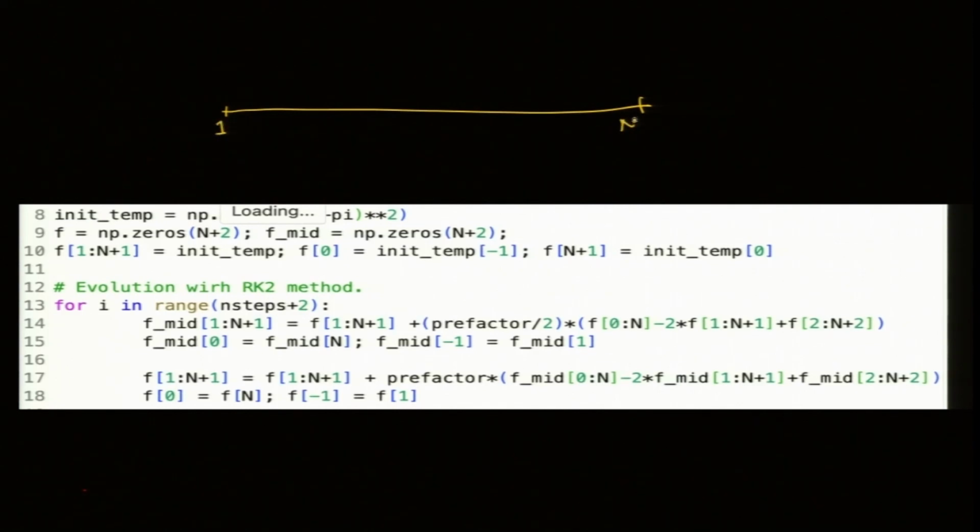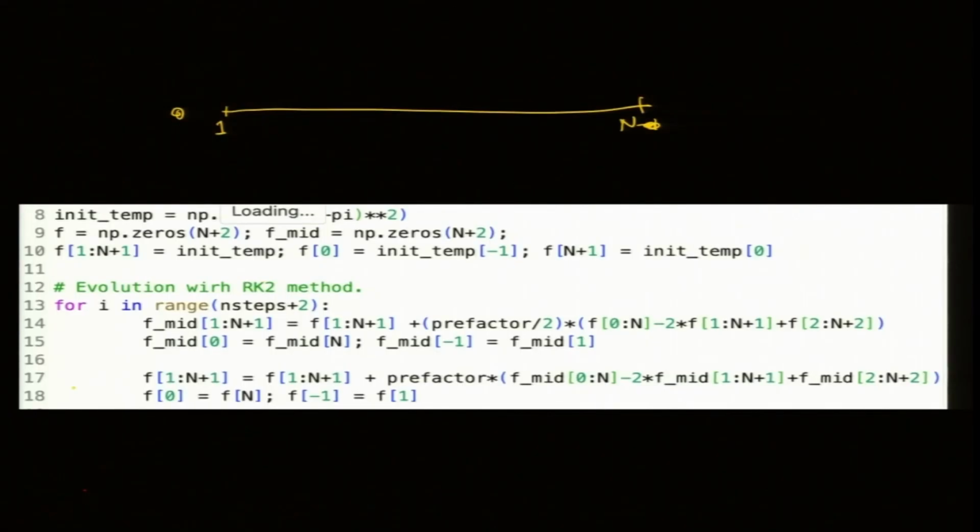So my data points are 1 to n. There are n data points, 1 to n. My Python array starts from 0, right. You can't change Python array indexing. So there is a point sitting here, and I will make another point sitting beyond n. So I will create an array of n plus 2 dimensions. So always add 2 points.